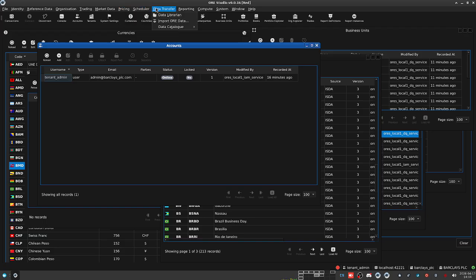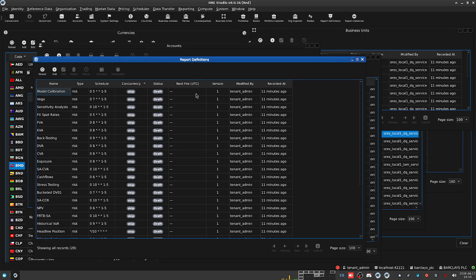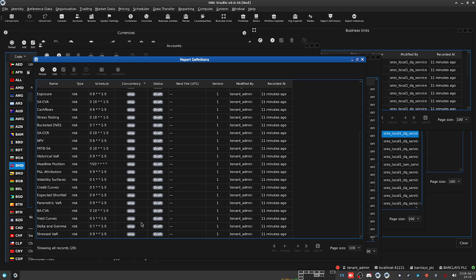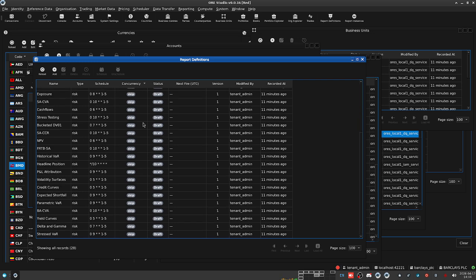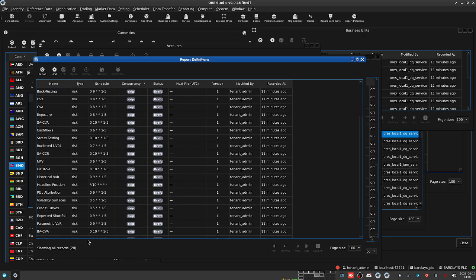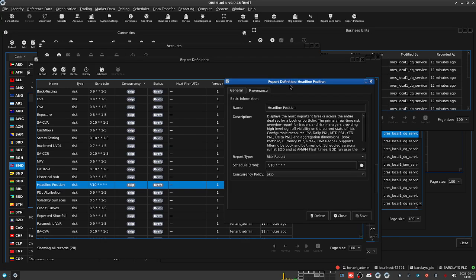So I mentioned a second ago that we had the notion of the reports. This is something we're actively working on at the moment as well. As you can see here, when you generate the system, it generates a number of report definitions that you can then use and instantiate. So for instance, we could choose something like a headline position, which is frequent enough. And we could